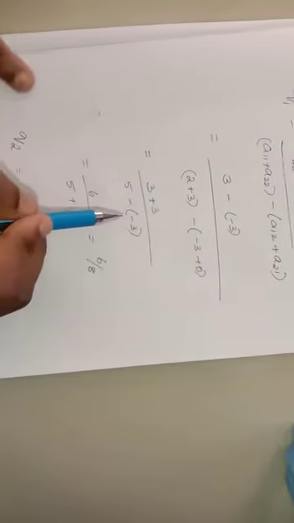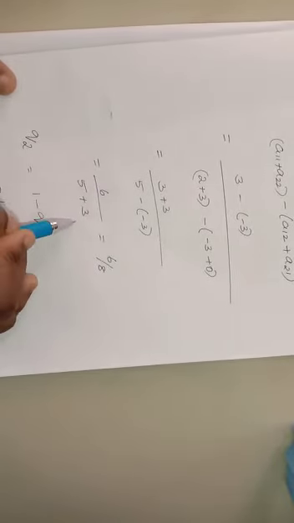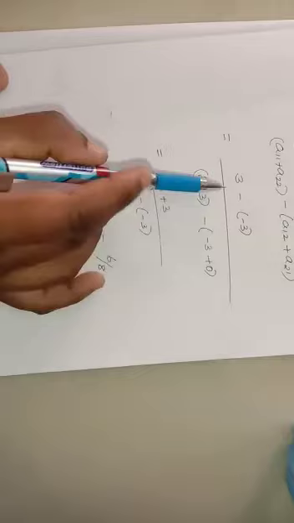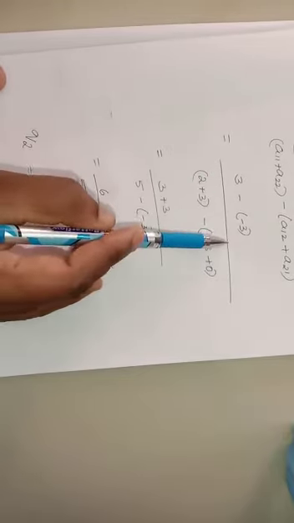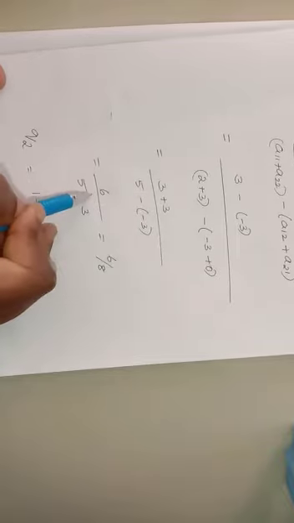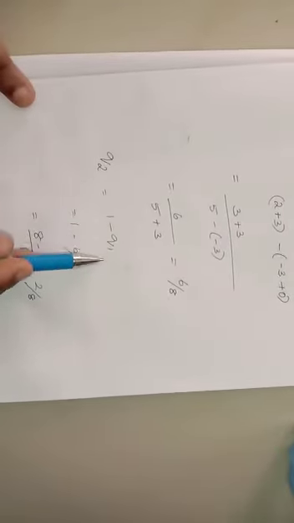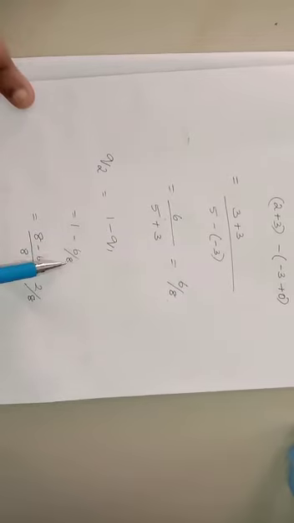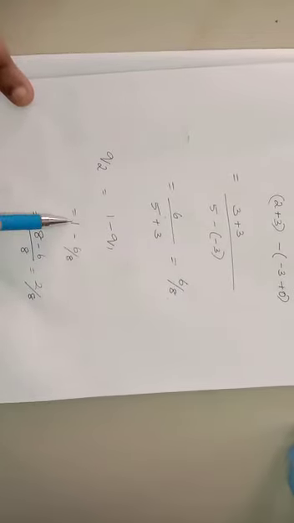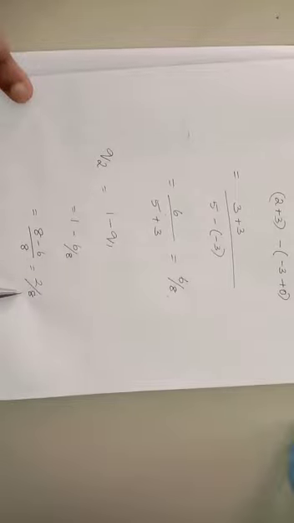For all of these, the denominators will be the same. So 5 minus of minus 3 will give you 5 plus 3, which gives 8. See the numerator, 3 minus of minus 3. So minus into minus will be a plus 3. So 3 plus 3 will give you 6. So 6 by 8. Then Q2 is equal to 1 minus Q1. So 1 minus 6 by 8. Just cross multiply: 1 into 8. 8 minus 6 by 8 will give you 2 by 8. So this will be the probability Q2.